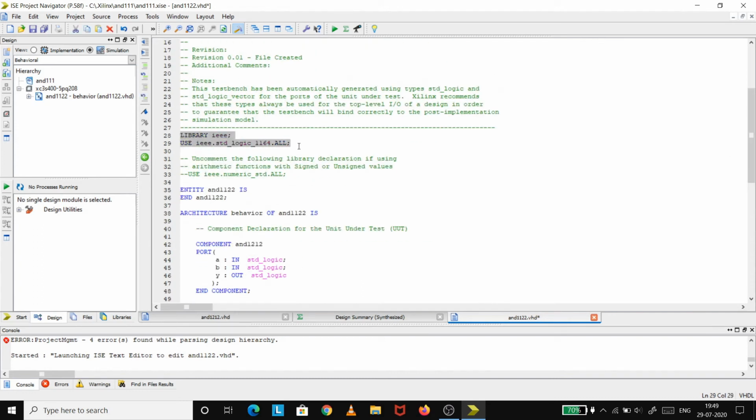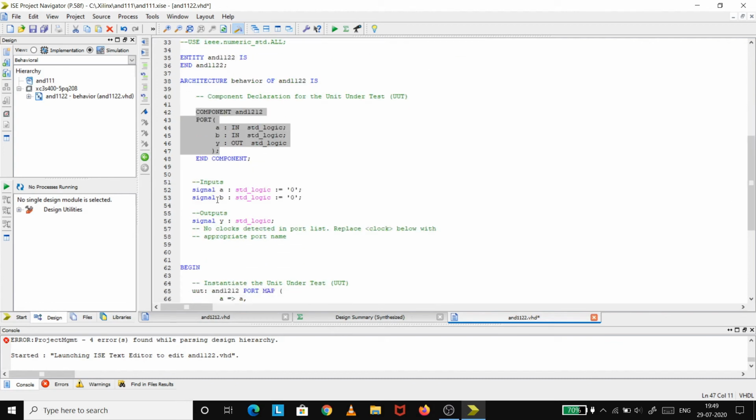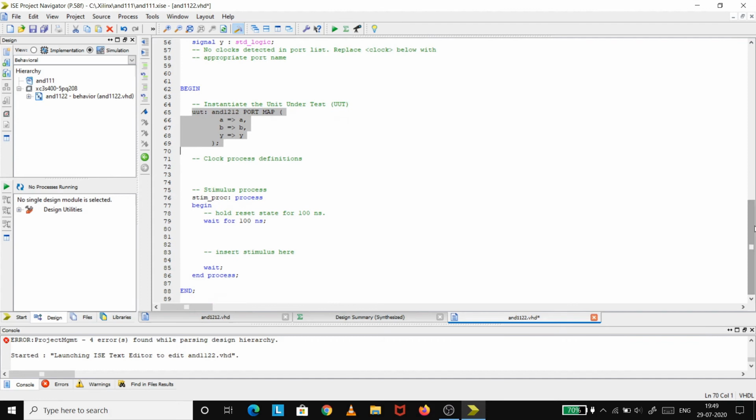Library and sub library declaration, then entity declaration, then architecture declaration part. This is the architecture declaration part. Now inside the architecture declaration, AND 1212, which is my original DUT, is used as the component, and then signal declaration part is provided by the software itself. After the begin of the architecture, the port mapping is given, component instantiation, and here in process, inside the begin of this process, I have to